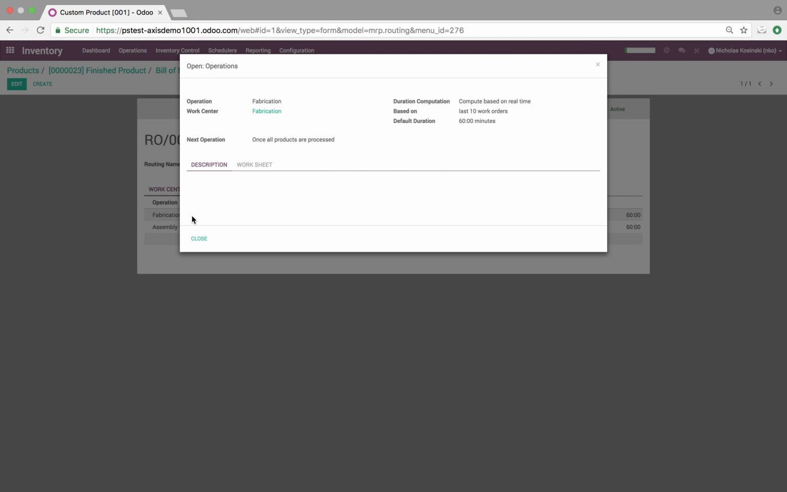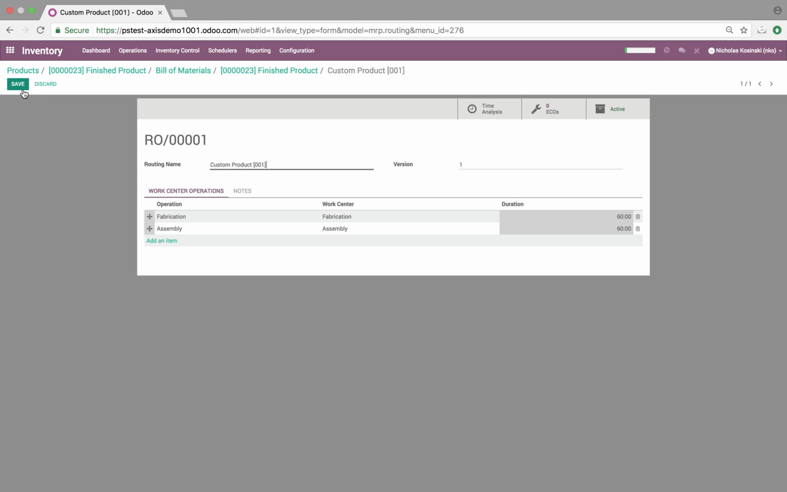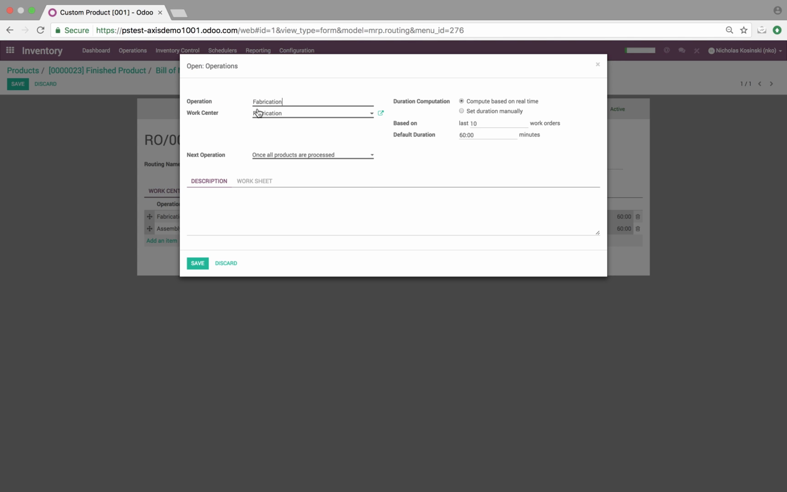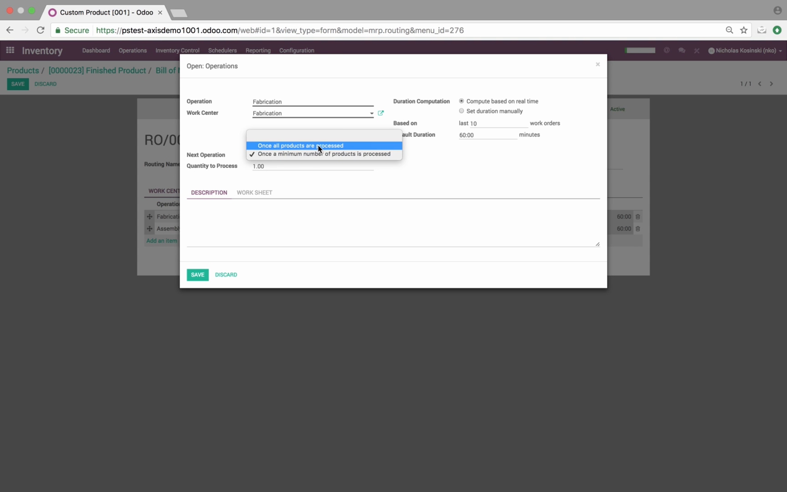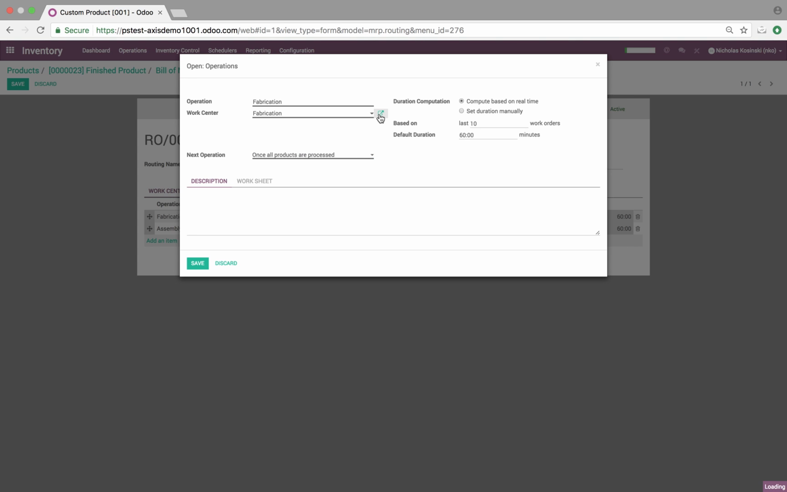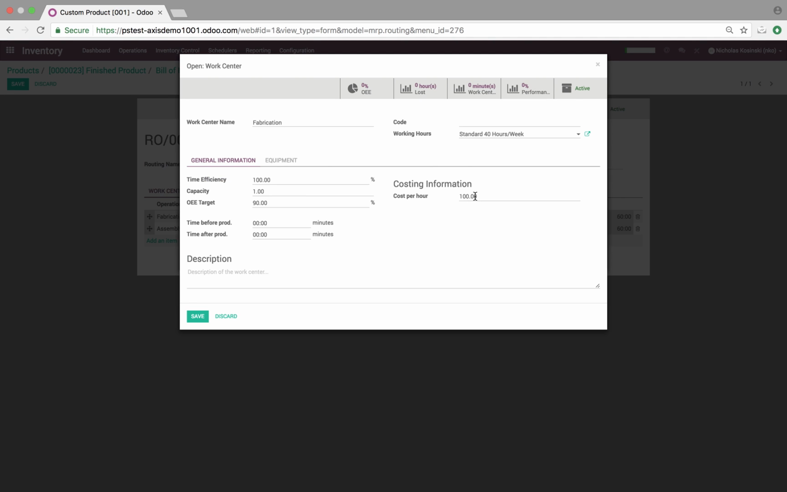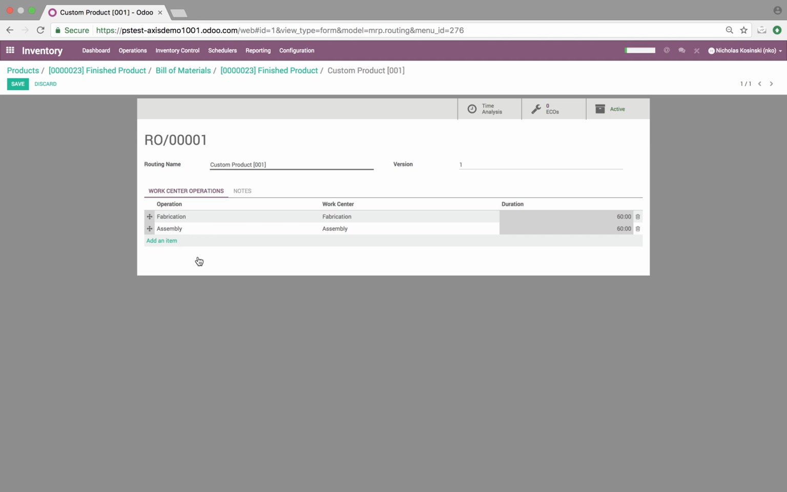And if you open this up, you'll see the operation, the work center, duration. You can just find the next operation. Do we want to start the next operation once all products are processed or once a minimum number is processed? And you can then see the work center rules here, where we can do cost per hour, the working hours, time efficiencies, capacities to run one cycle. So OEE efficiency, time before and after production. Now, once you save these,